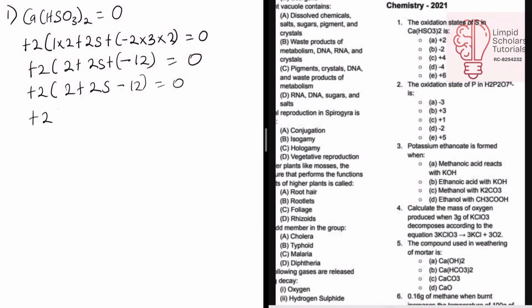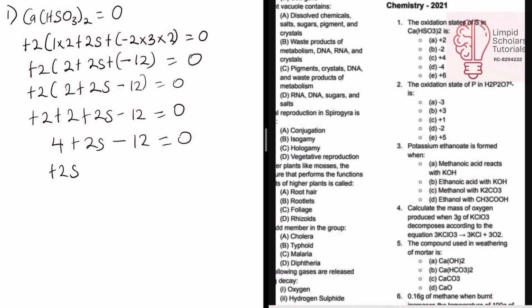So +2 plus 2 plus 2S minus 12 is equal to 0. 2 plus 2 is 4, plus 2S minus 12 is equal to 0. Taking both this one and this one to this side will give us